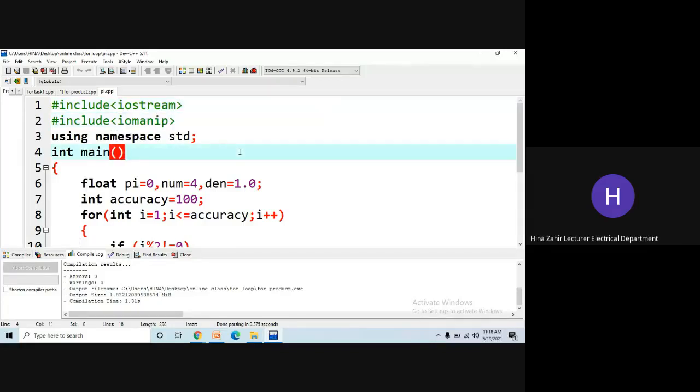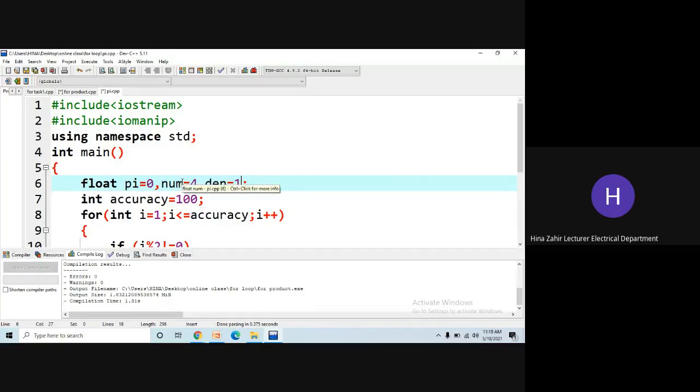We are going to use this for a value called set precision, and we will do that later. First of all, we have a variable float. Why? Because we know that the value of pi is actually 3.14. So that's why we are declaring variables that can have point values. So float pi is a variable of type float, and we have initialized it with 0. If you do not initialize it with 0, it's okay.